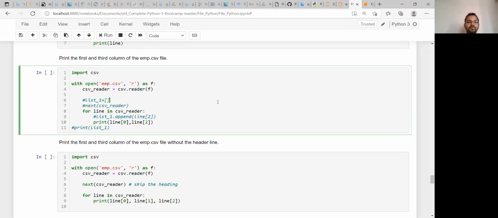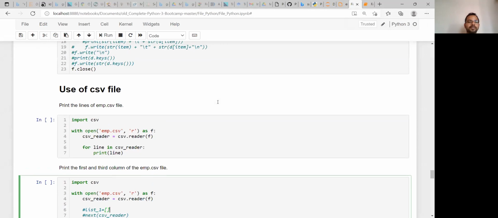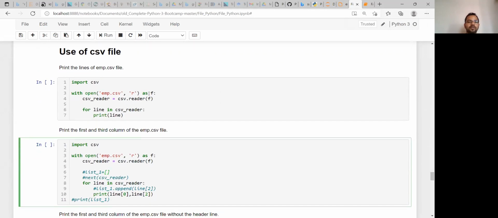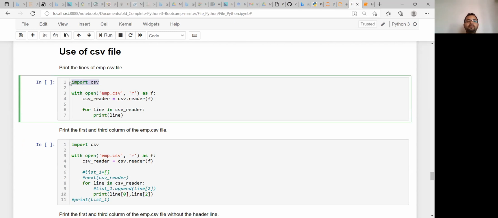Now, if you go back here, how can you print the lines of this CSV file? For that, you can use the csv module, a particular module used to read such files. Every time you need to import csv, and you can use the with open option, or simply f equal to open the file name in read mode.